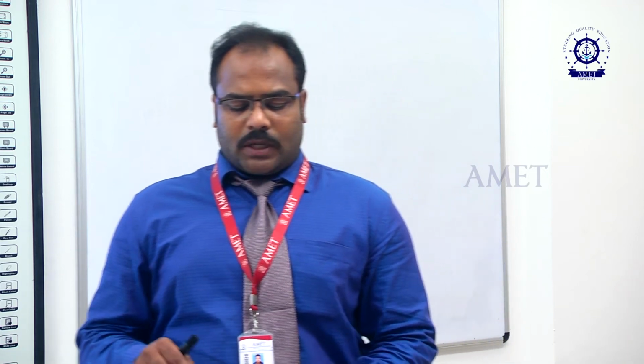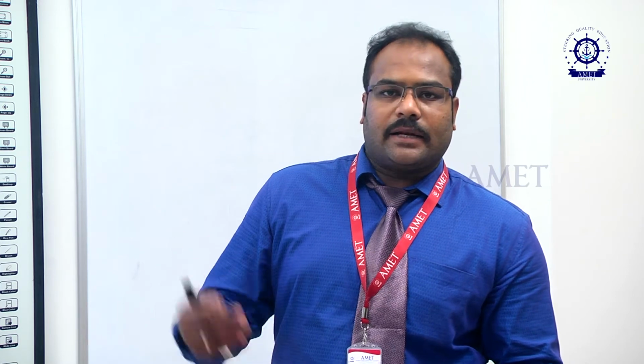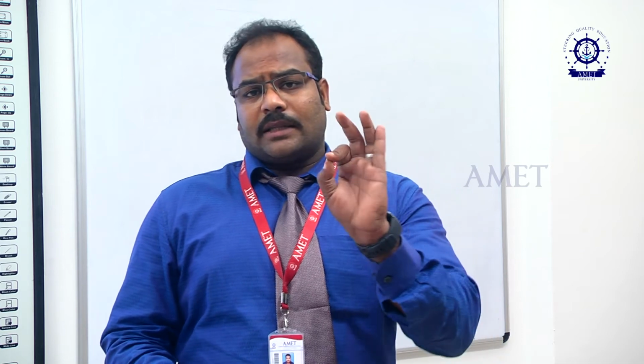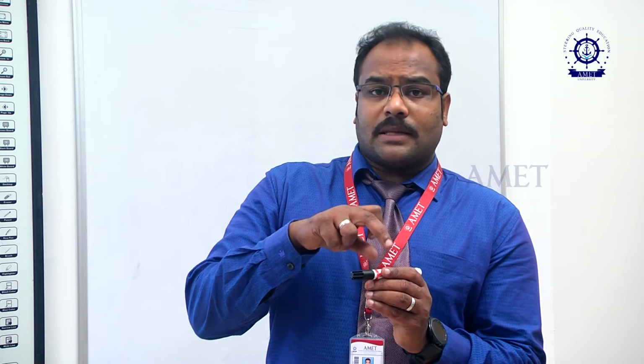Second one is draft. Draft is the vertical distance from keel to water surface. Next is the beam. The transverse distance across each section is called the beam. Now, the breadth is the transverse distance measured at the midship. That means I have my ship, and this is the forward peak, this is the aft peak, and this is the midship. Midship has the highest breadth.